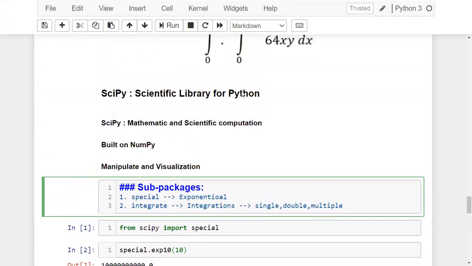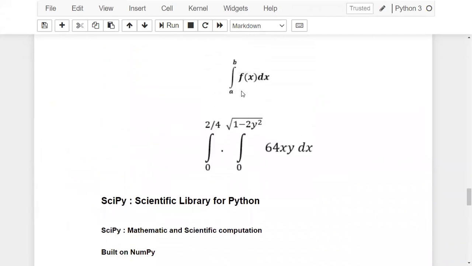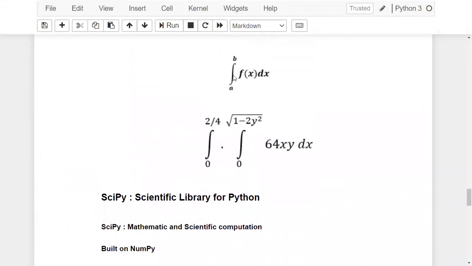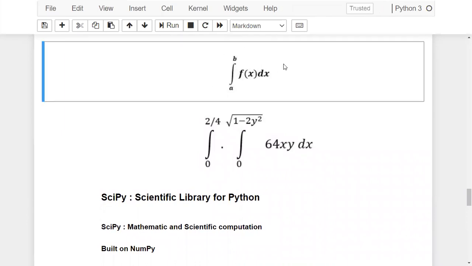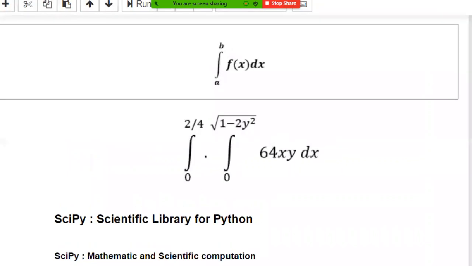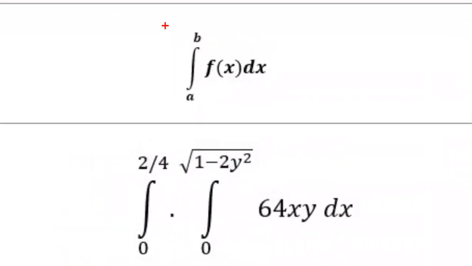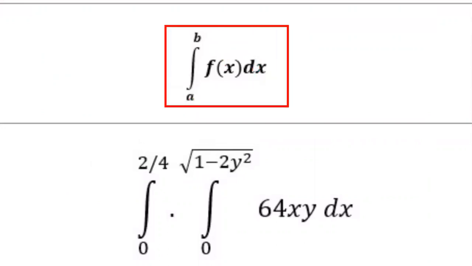I added some functions for that, so I just want to use these functions. First I want to use these two functions for calculating integration. First I'll go with this. If you observe here, I have only one variable, right? This is for finding single variable integration.